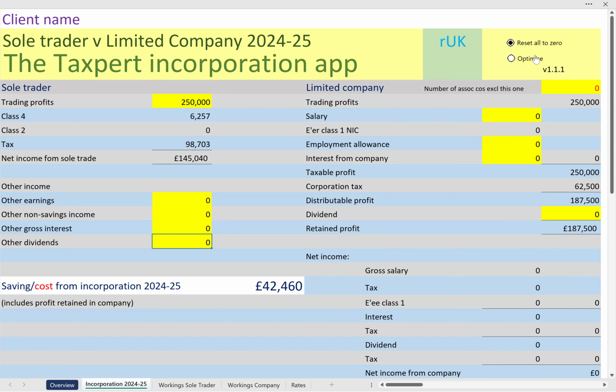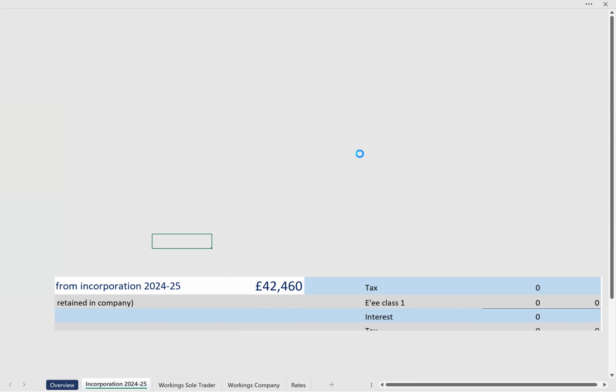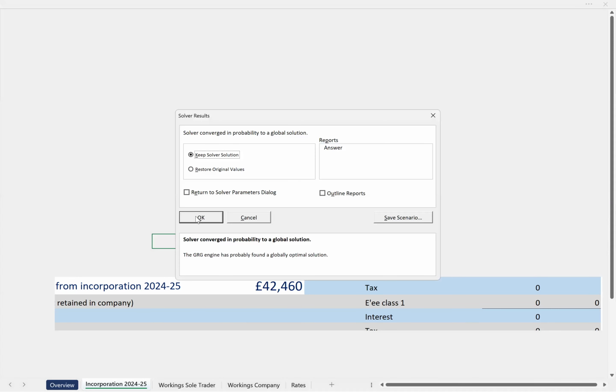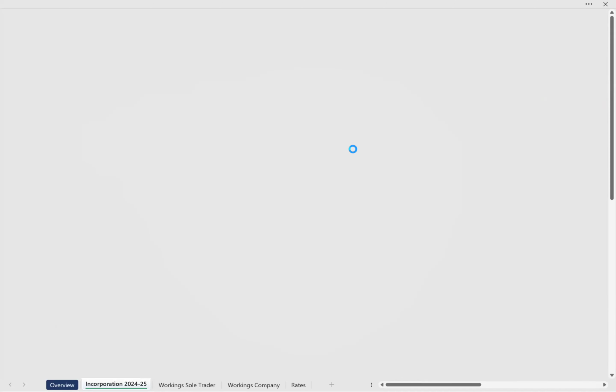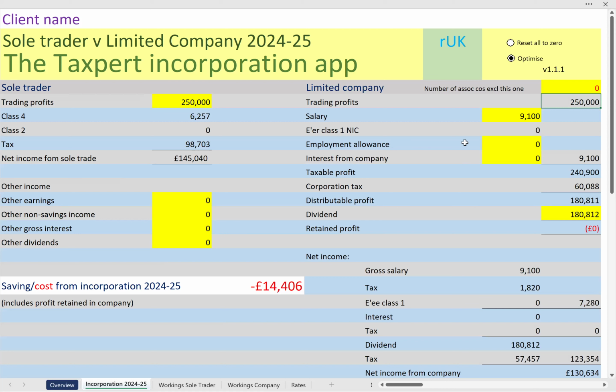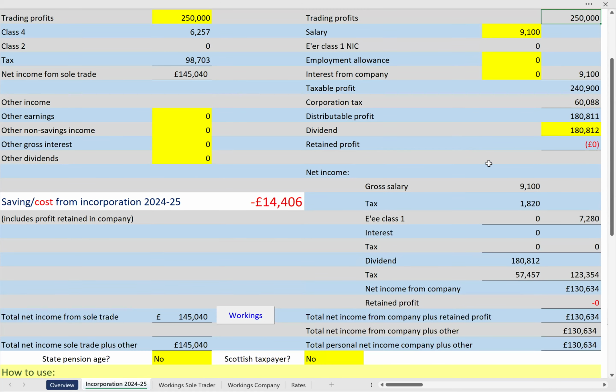But what I would normally do first is click this button up here, Optimize. And as with our profit extraction app, this will work its magic and tell us what the optimum combination of salary and dividend is, and also what the net income would be if they were to incorporate. And in this case, the optimum salary would be 9,100, and the net income would, in fact, because of tax